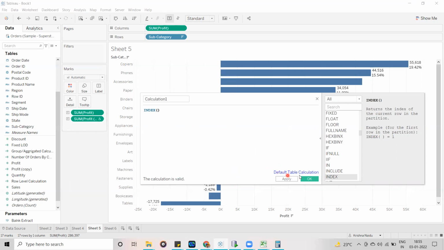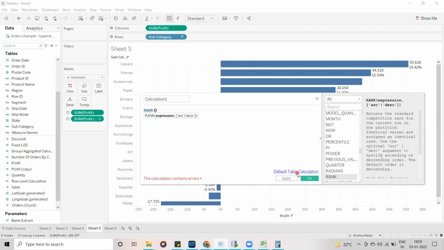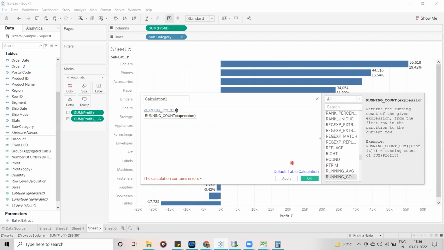So it is a table calculation function: index, rank, dense rank, percentile, running total, running sum, running count. These are the table functions. These table calculation functions we cannot use in LOD calculations. You have to remember that point.